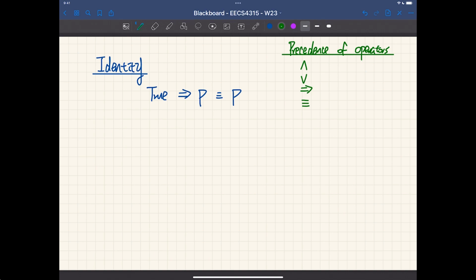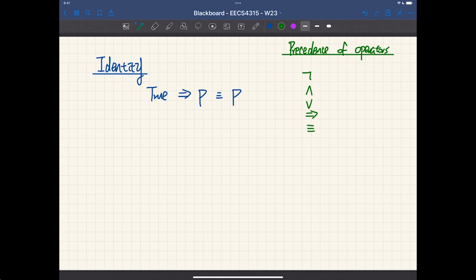Negation, yes, very good. Negation is actually the highest one. Absolutely. So when we put this, it's as if you put a parenthesis over here. All right, what about identity for